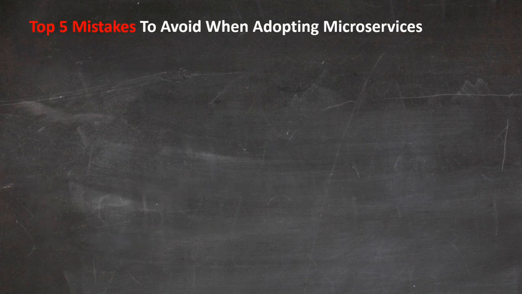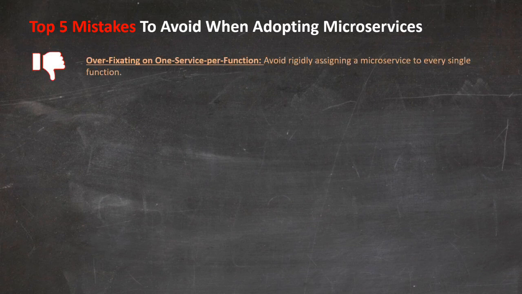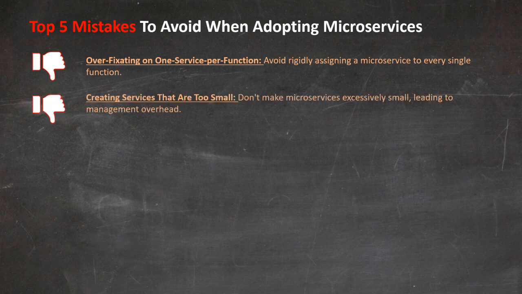So, what are these common pitfalls? First, over-fixating on one service per function. It's important to balance granularity. Assigning a microservice to every single function can lead to unnecessary complexity. Second, creating services that are too small. While microservices should be modular, making them excessively small can result in significant management overhead and communication delays. Third,